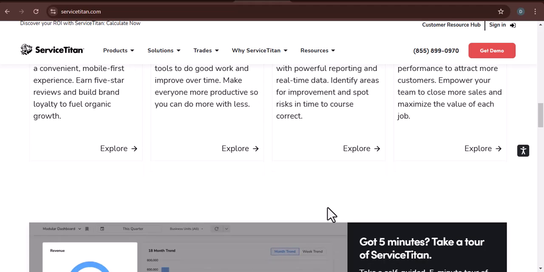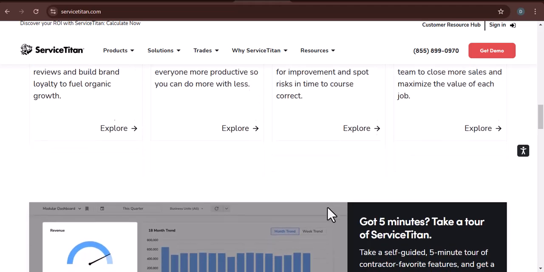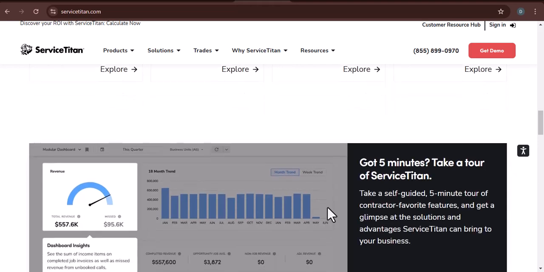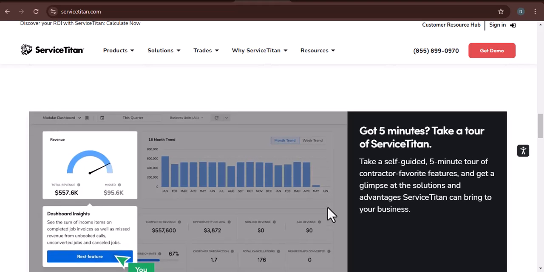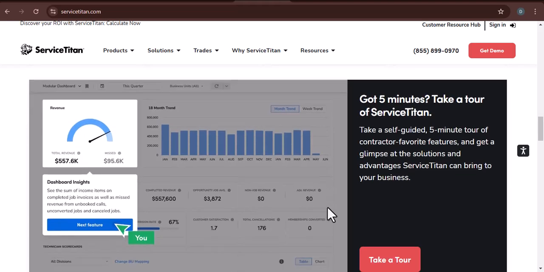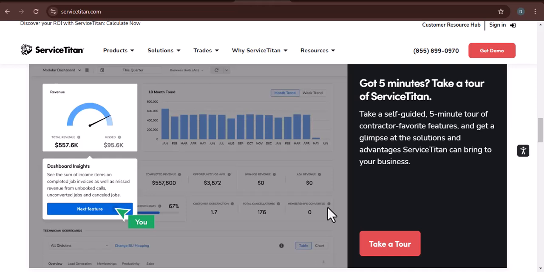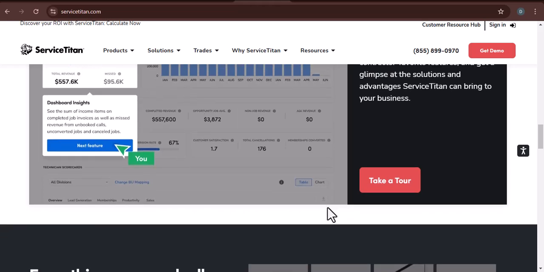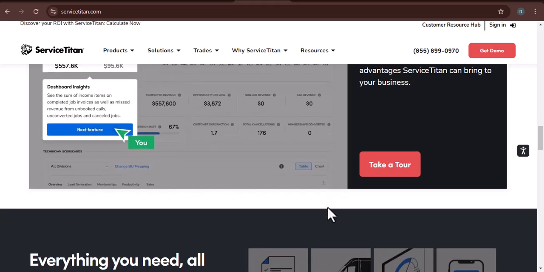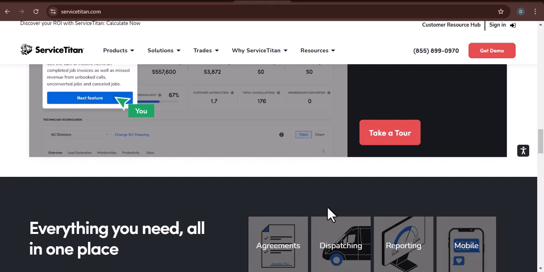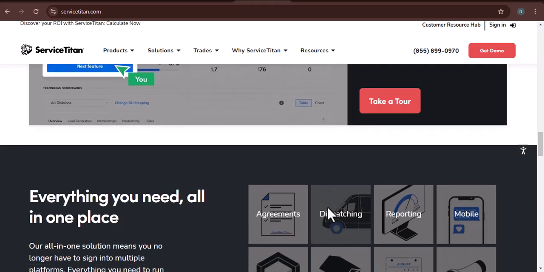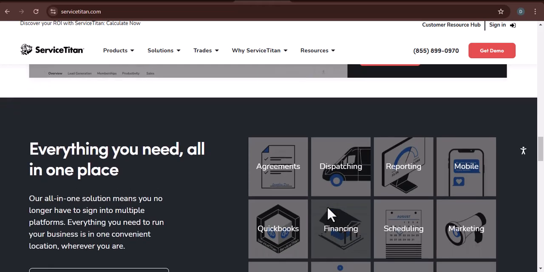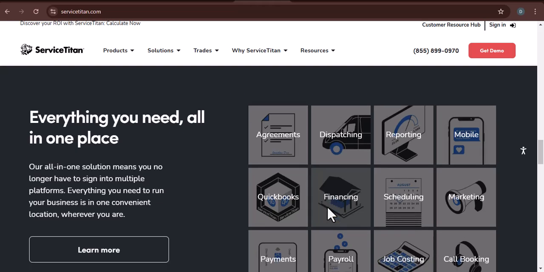Creating a new customer. Let's focus on creating a new customer profile. The first step is to enter the customer's name and company name, if applicable. Next, you'll want to provide their contact information, including phone number, email address, and mailing address. ServiceTitan allows you to add multiple contact numbers and email addresses, which is incredibly helpful for businesses with multiple points of contact within a household or company. Don't forget to include the customer's preferred communication method, whether they prefer phone calls, text messages, or emails,